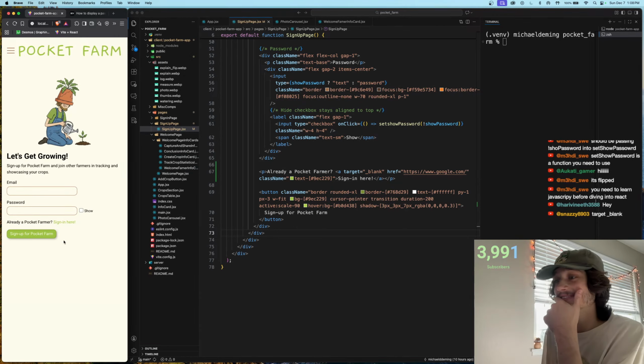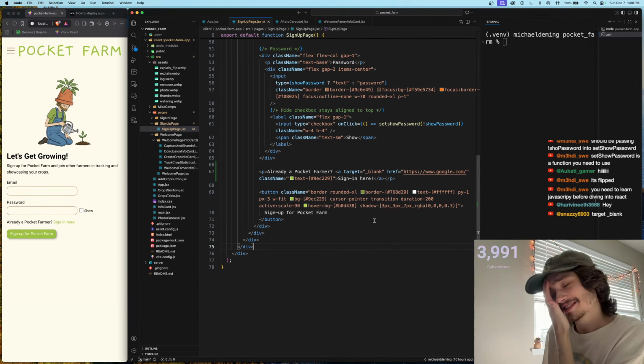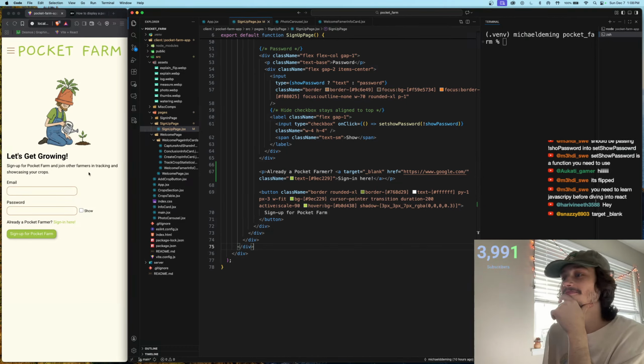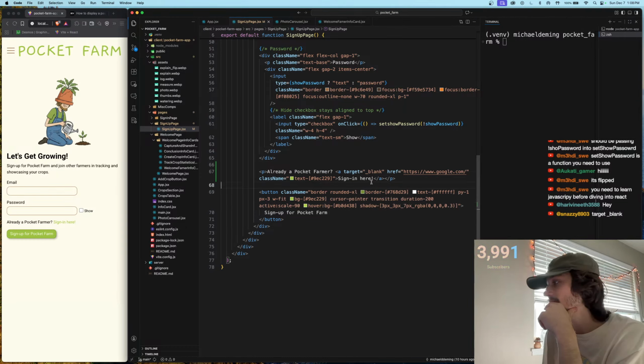Oh, cool. Nice, look at that. We have that little, that's nice. Already a Pocket Farm sign in here. Nice, and then we want to probably do an underline so that this is,